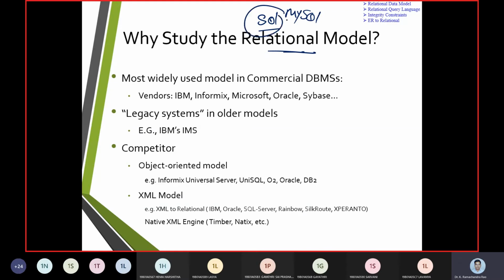MySQL is a commercial vendor which was taken over by the Oracle Corporation. Then there is SQL Server. We also have Informix, and IBM people who are developing relational databases.